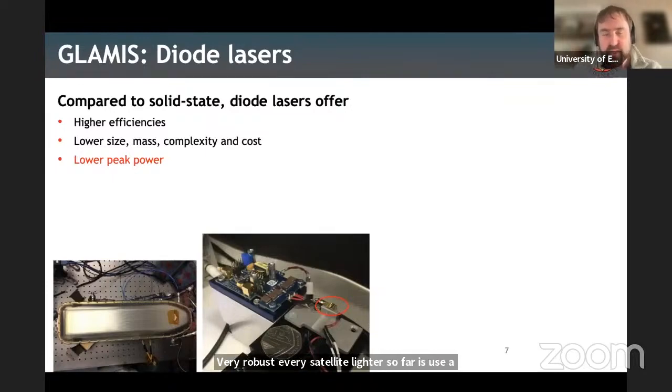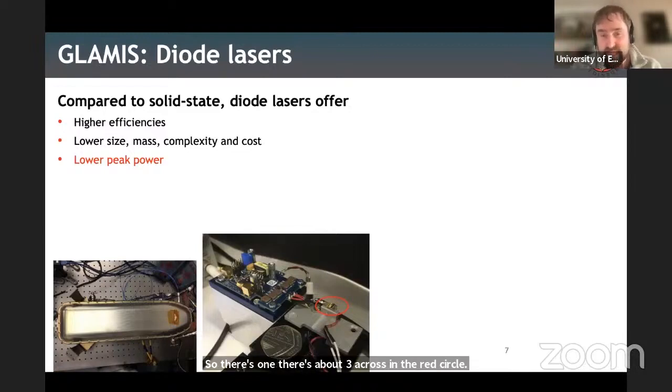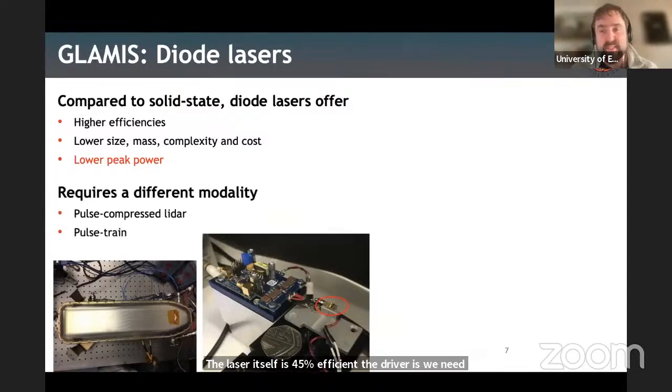So there's one there, it's about 3 millimeters across in the red circle. The laser itself is 45% efficient. The driver, we need to improve the efficiency of that a bit. The downside of those, they have much lower peak powers. So we have to do lots of signal processing to try and get a decent measurement with this more efficient, smaller,